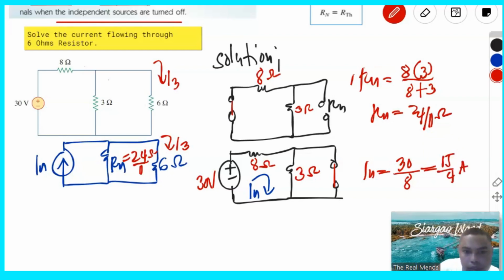So therefore, the value of IN is equal to 15 over 4 amperes. So from that, we can use the current divider. To apply the current divider theorem, if you have I3, the total current is IN, that is 15